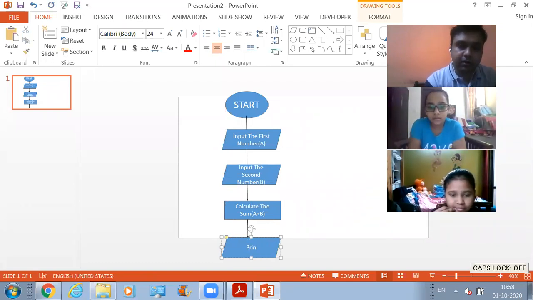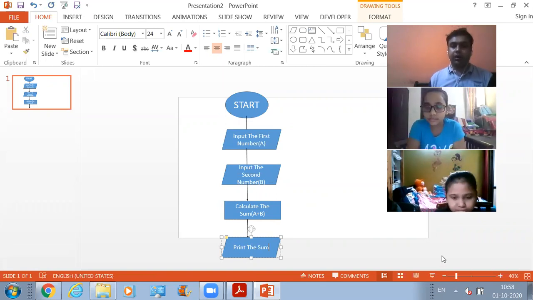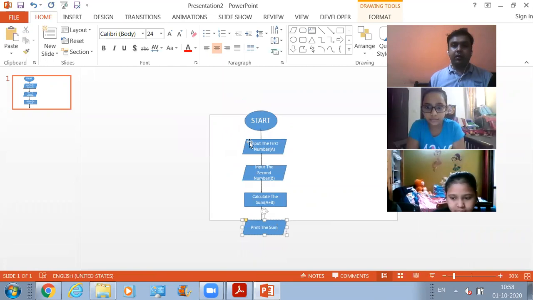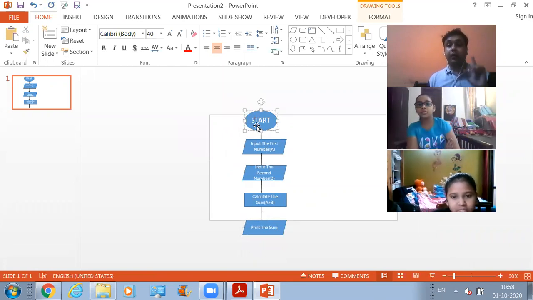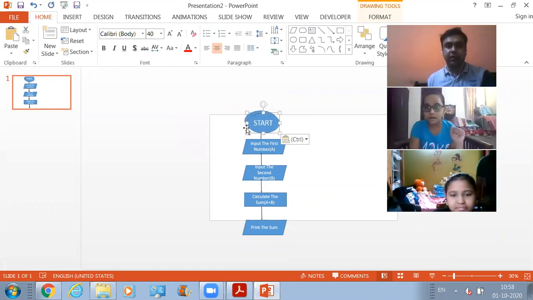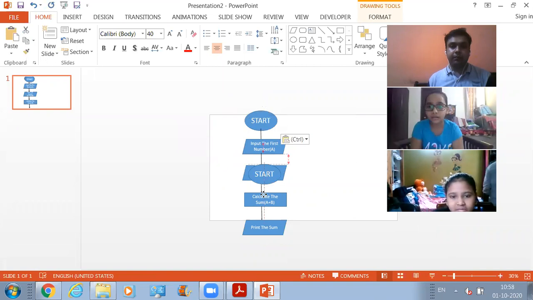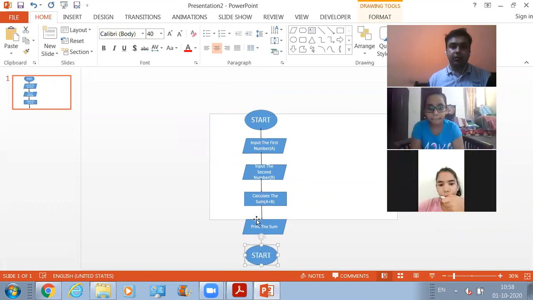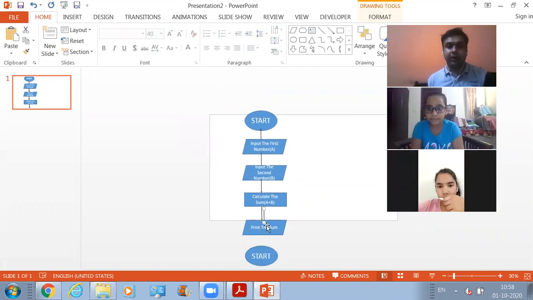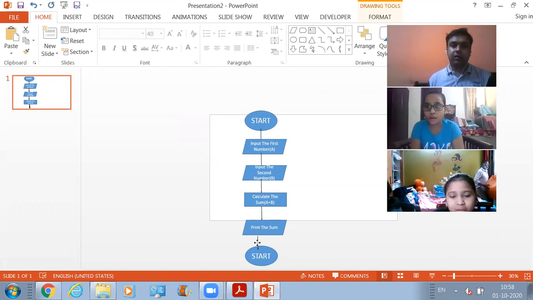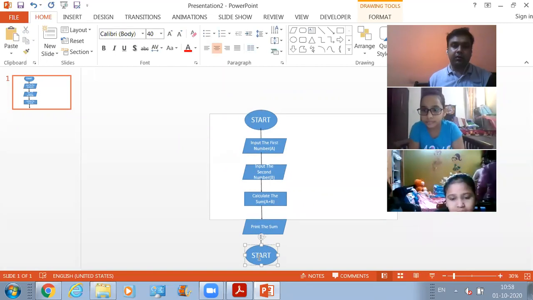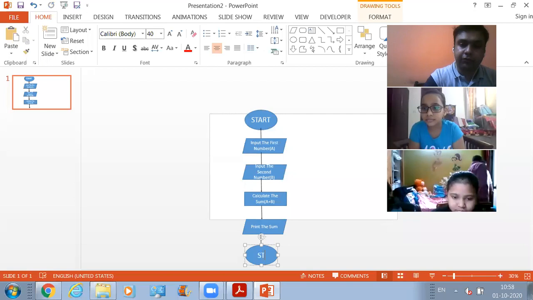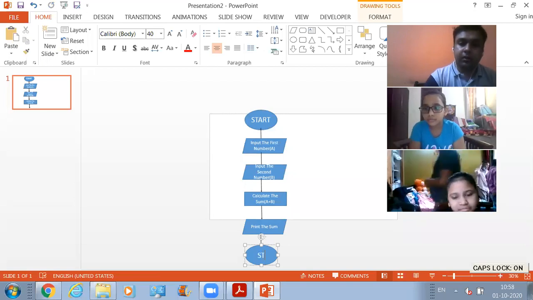Print the sum. Okay, that's how we can write it down. Now, what else do we require to mention? We are required to mention the ending point also. So let's copy this thing, and we will write stop. Absolutely right. We need to write stop there.